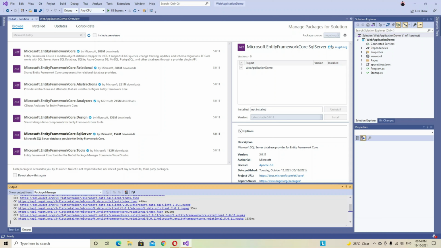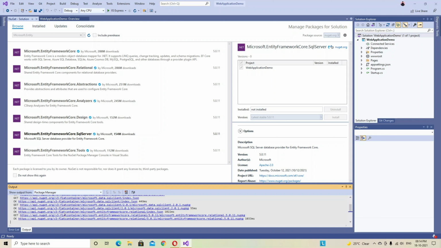Now type cls to clear the screen. We will execute a command called Scaffold-DbContext. This will pick up everything from the database that we supply in the connection string, and we will create a model structure for our solution in the output directory called Models.